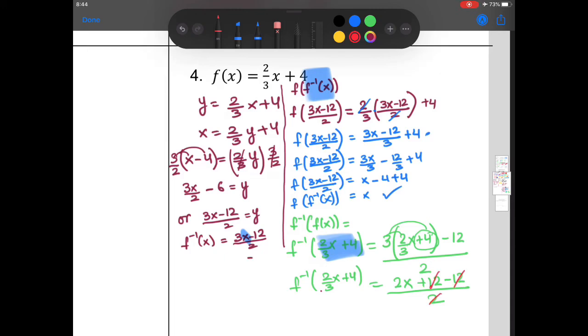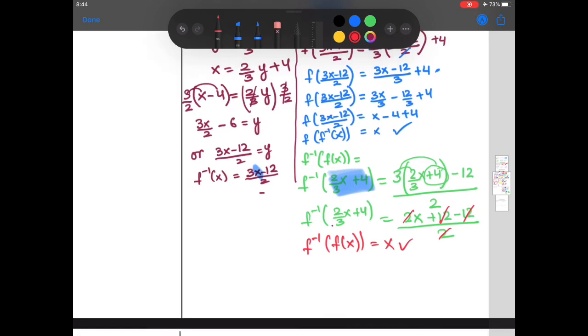So anyway, the 12's cancel out. And 2x divided by 2 is what? The 2's cancel out, right? So what are you left with? What is f inverse of f of x? It is also x. So did you verify it? Yes, you got that. So you can rewrite it here: f of f inverse of x is equal to f inverse of f of x, which is just x. If you wrote it, that's fine, and put a check there. Okay, so try the